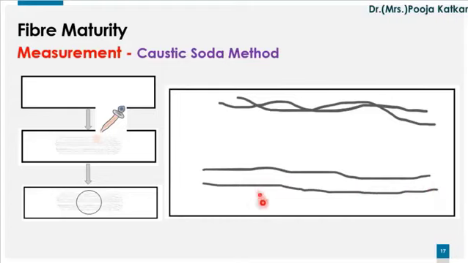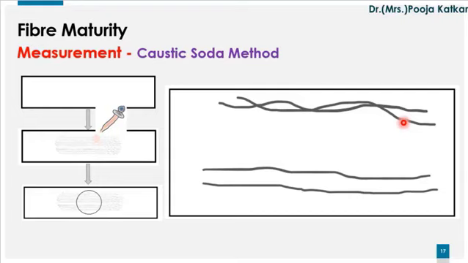Thus we can conclude that it contains higher cellulose. Because of higher cellulose, the swelling of the fiber is higher for this, also the deconvolution will be more. This fiber can be identified as mature fiber. While here in this fiber, since there is no deconvolution, no swelling of the fiber, this can be identified as immature fibers.